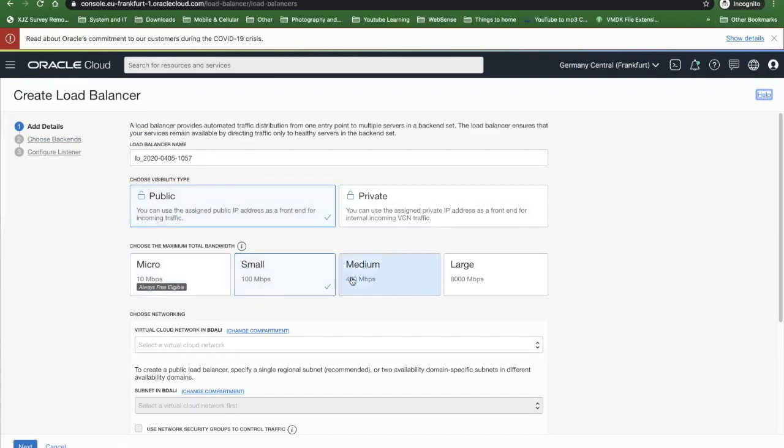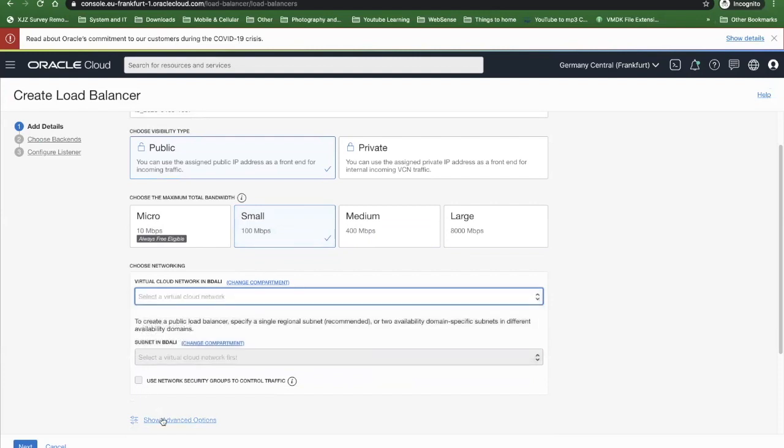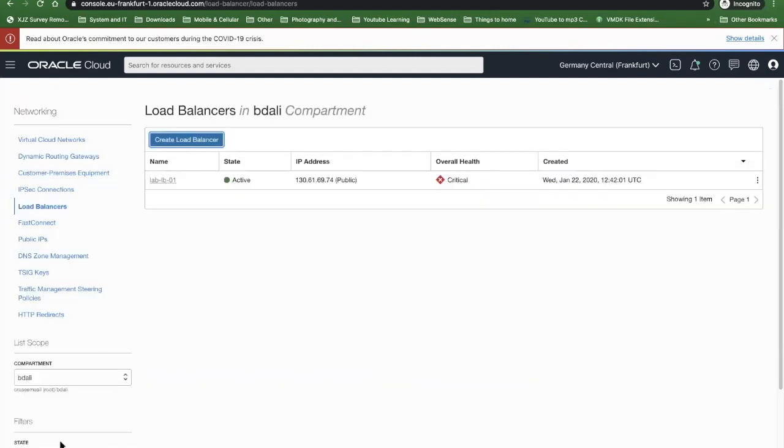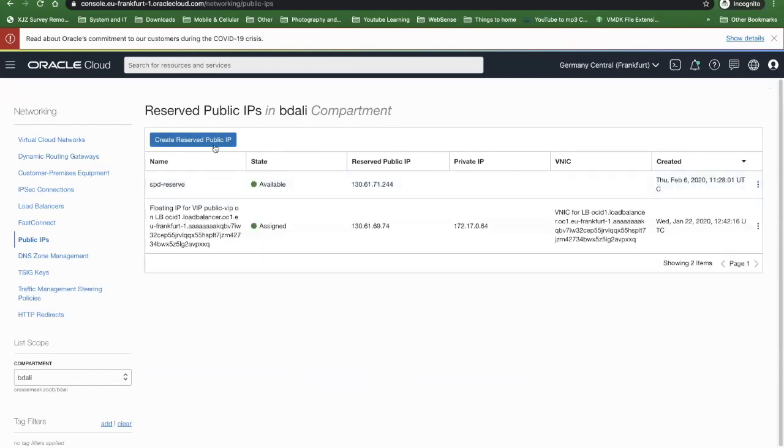I can choose which amount of throughput I want to use on this load balancer. I can choose which VCN I want to select. And then when I go forward with the wizard, it will ask me more questions about which instances will be behind those load balancers, and which listener or which port I want to allow in this load balancer. Public IPs allow us to create a reserved public IP address that I want to use